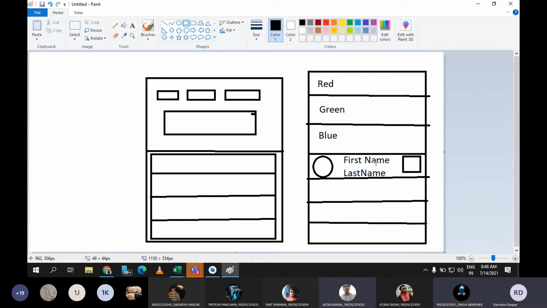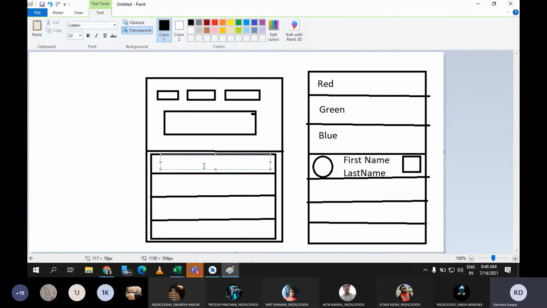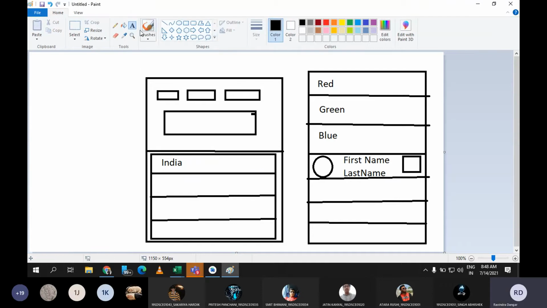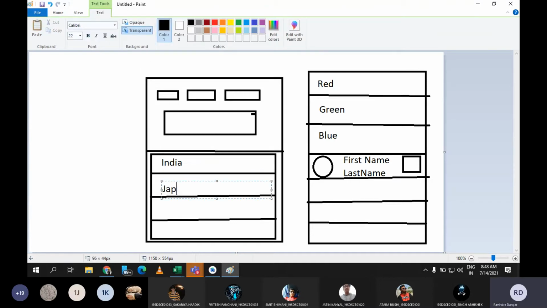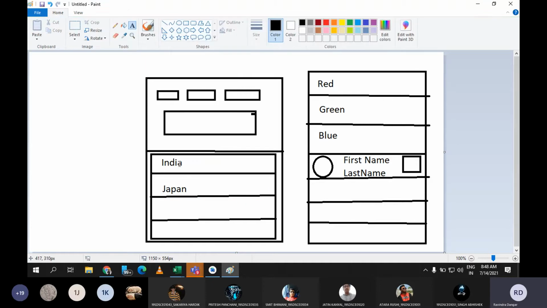Yes sir. See, here I have explained both the layouts. This is an example of simple list view, where in each row you will find only one control. Let's say this is the text view, and I store the country names like this: India, Japan, Australia, USA, whatever. In each row you will find only one text view. So this is an example of simple list view. This is also an example of simple list view: red, green and blue. I am talking about the first 3 rows only.